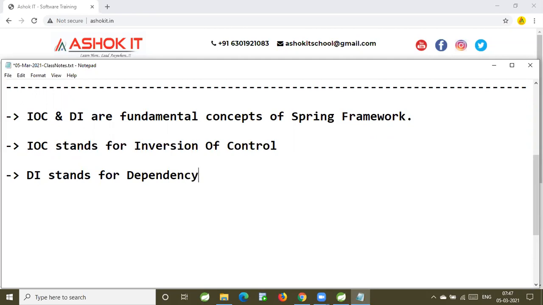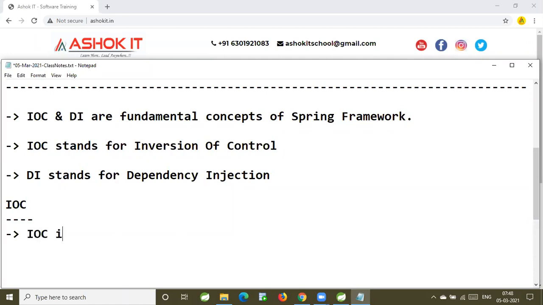These two are fundamental concepts of the Spring Framework. Without these two, we can't imagine the Spring Framework. Now, what is this IOC and what is this DI?